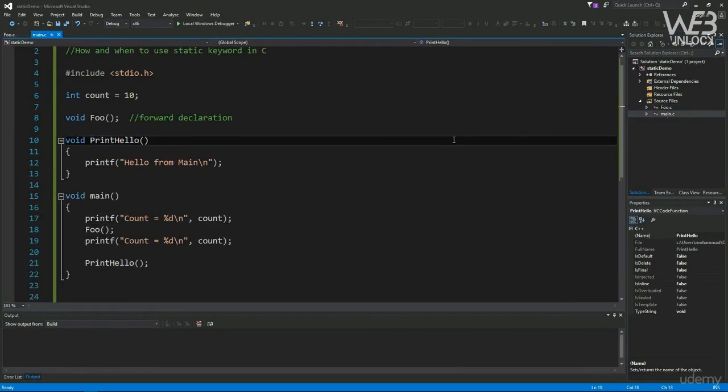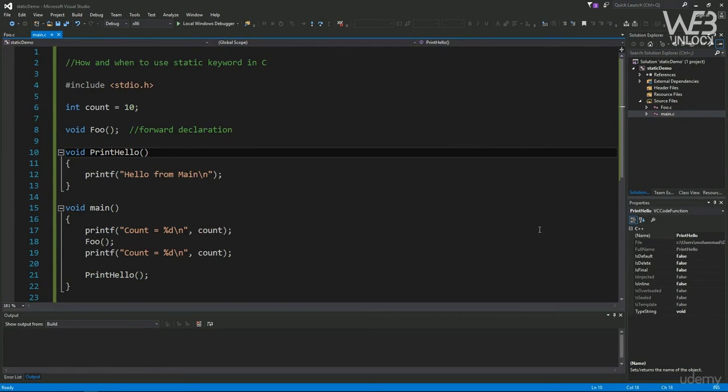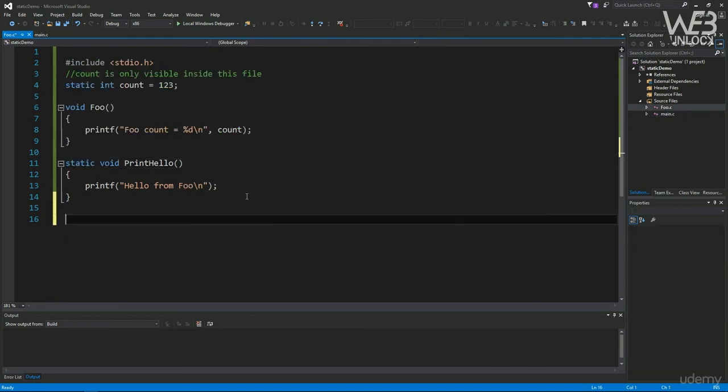The idea here is that we use the static keyword whenever we want to avoid name collision at link time. You just need to learn about static so that when you run into cases where you're not able to compile your code with some other external code, you have one of two options. You can either change the names in your own code if you think that's not a big change or it's a safe change, or you can simply use the static keyword to avoid the